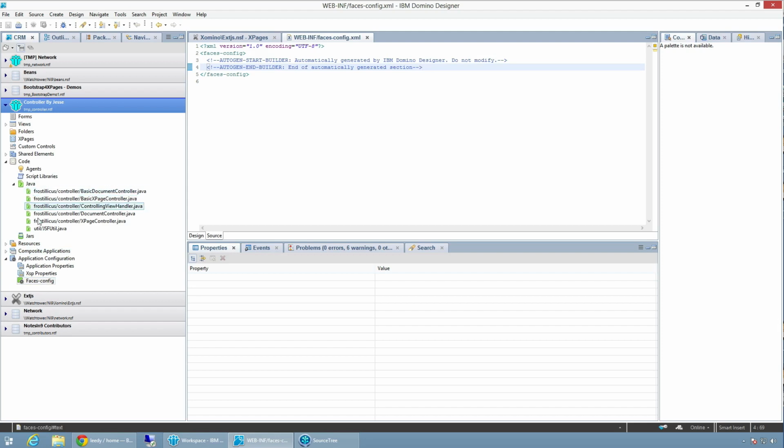The goal is you copy this stuff, paste it into your application, but you need something in the faces config, right? So I already have that on my clipboard, and I'm going to indent this a little bit. Now this was already on the Bitbucket site, but again, I just wanted to get it in here. So we're going to save this,